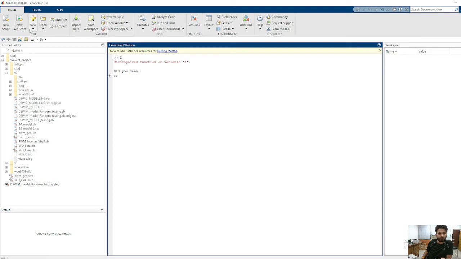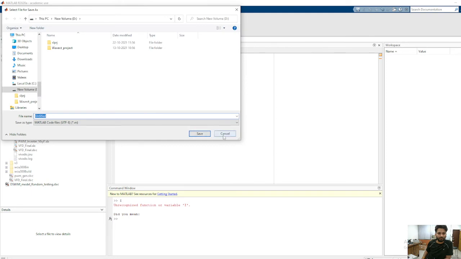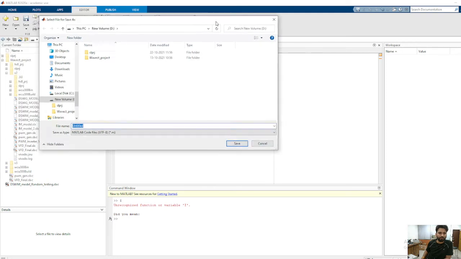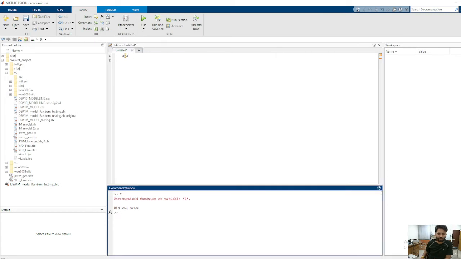We can use a new script like this, and here we can write anything which we want to run, like a message to be prompted. So this is an editor. You make a program and then run it in this command window.